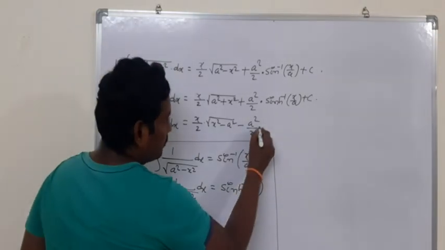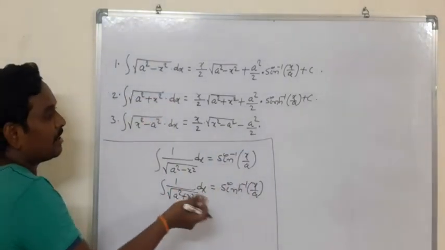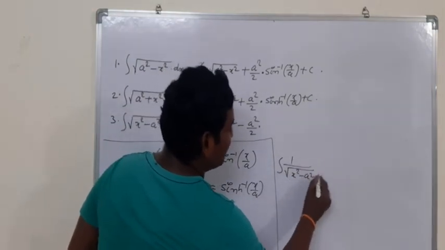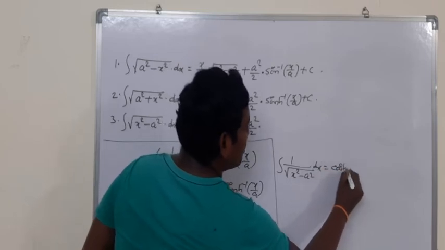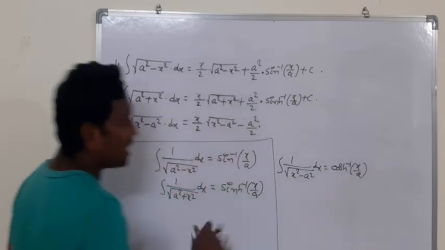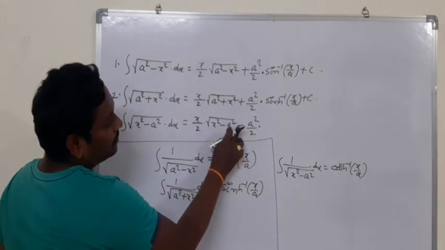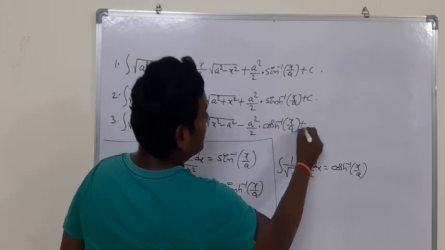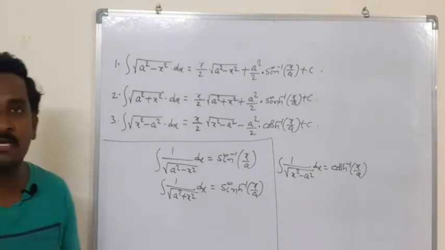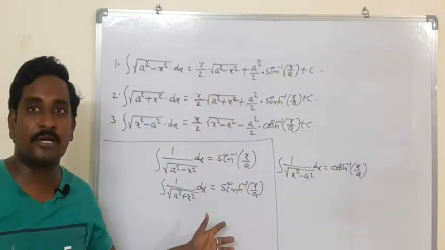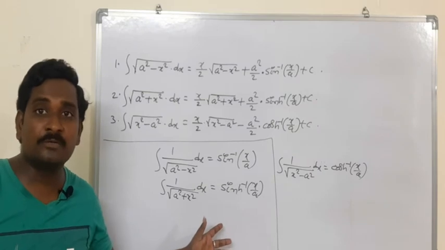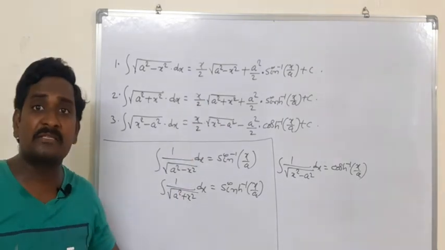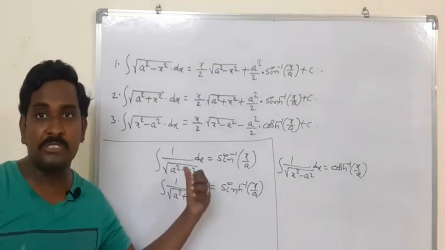Now if this term is in the denominator, we have a formula which is integration of 1 by root over x square minus a square dx, which is cos h inverse of x by a. Whenever cos comes, a negative sign will appear in this formula. So it is cos h inverse of x by a plus c. In this way you should learn this formula by heart. Don't forget this formula. Actually in the examination, proofs are not necessary here. However, I will give the proofs of this formula at the climax of this chapter. Please see the examples on this formula now.